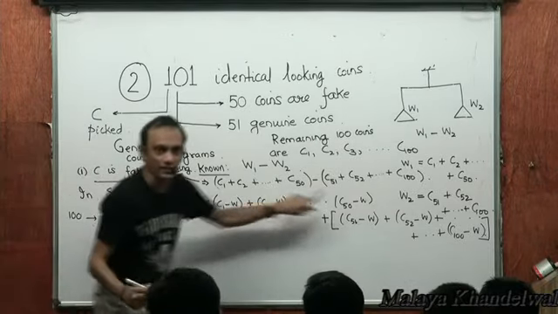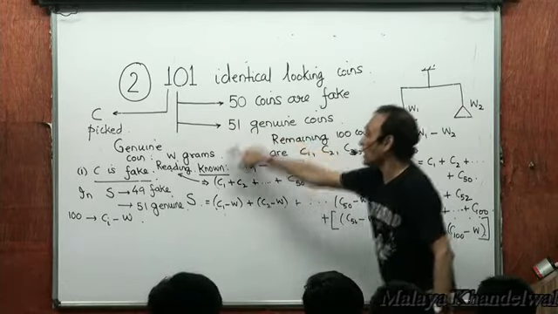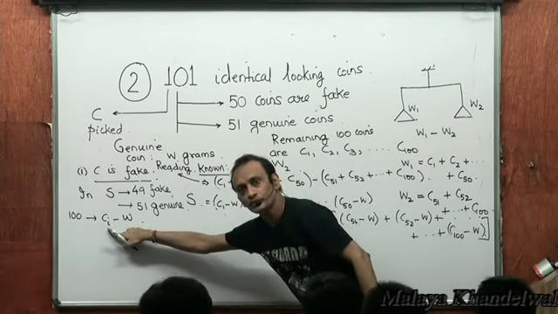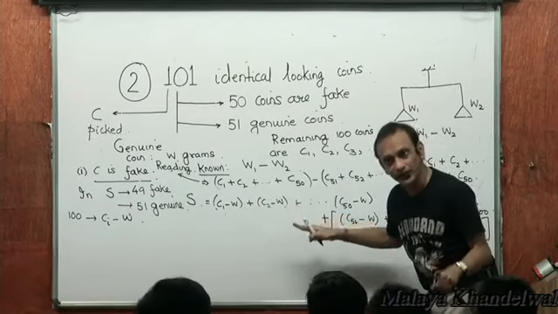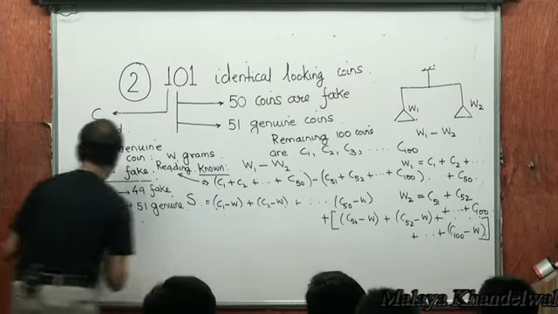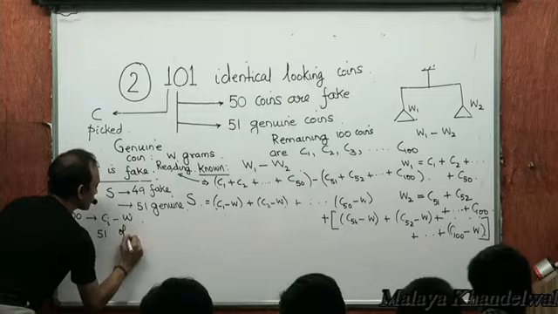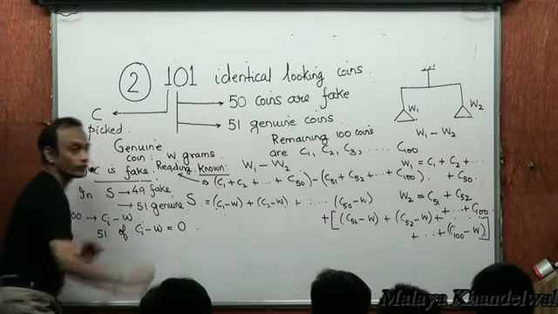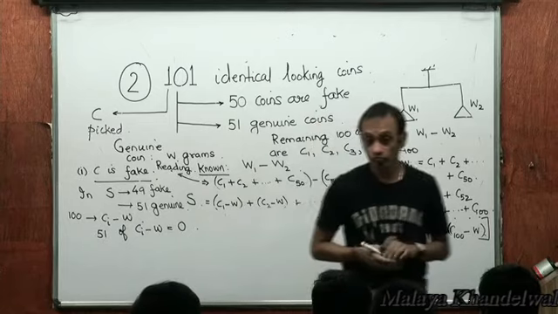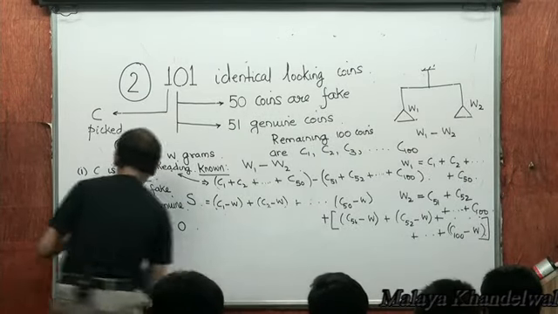There are 100 Ci minus Ws here, out of which 51 are about genuine Cis. So 51 of these 100 numbers would be 0. Yes or no? 51 would be 0 and